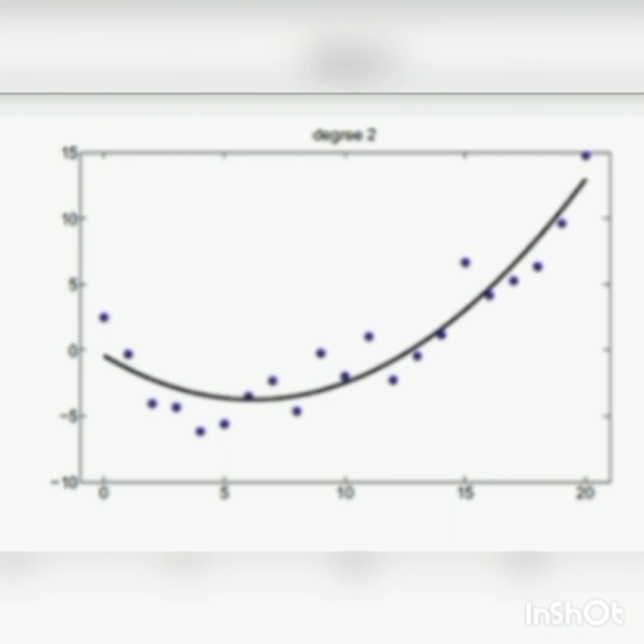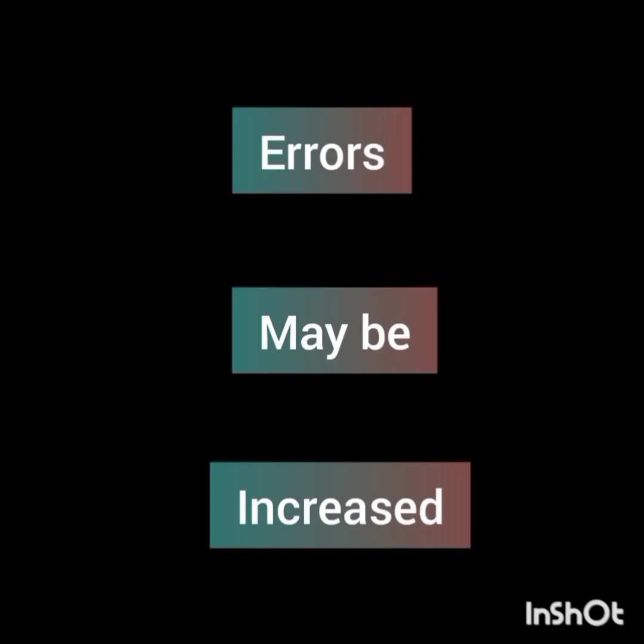When we try to fit a curve which fits all the points in the train data, then it may become overfitting. It may not be correct, that is, the errors may increase.